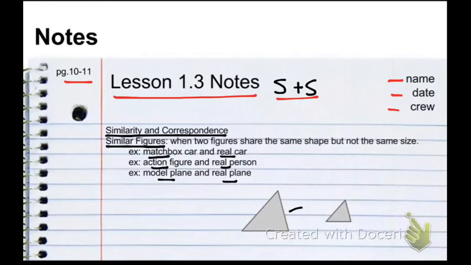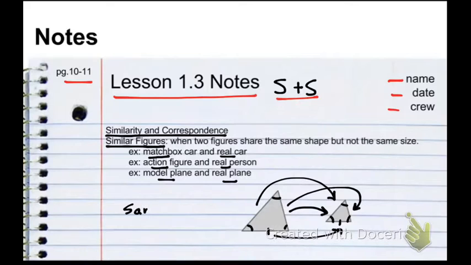And here I have my example. I have these two similar triangles. Notice how their angles are the same. Notice how the lengths increase or decrease at the same rate. So those two things need to be there in order to be similar. They need to have same angles